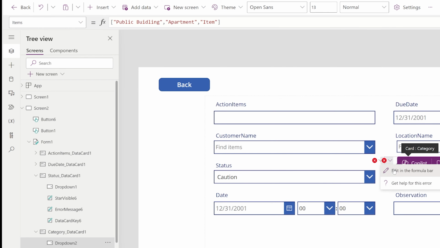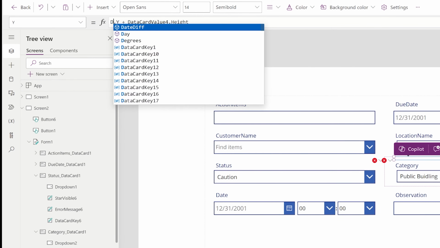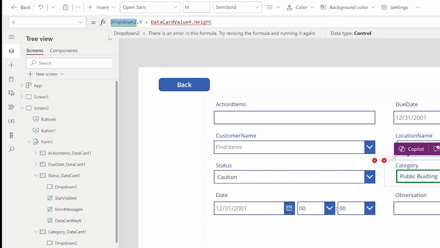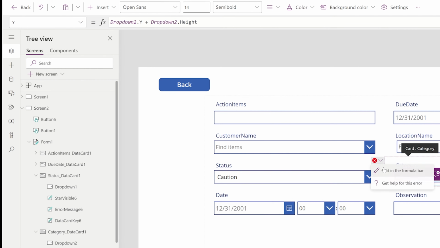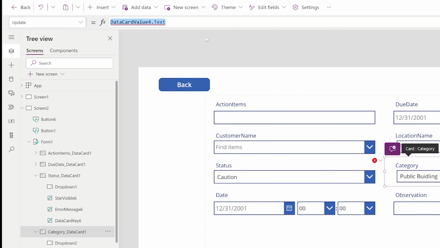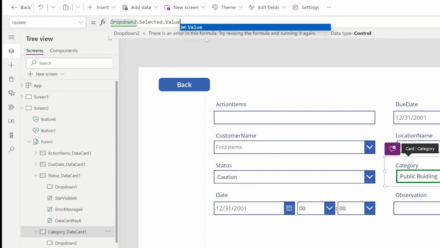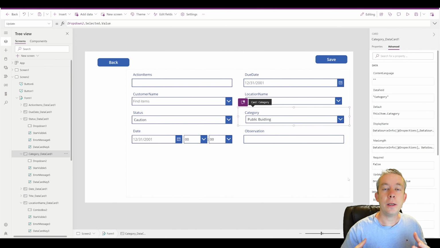So now in the red X's, we're just going to fix these again. Drop down 2. Here again, drop down 2. This red X, the update property is going to be dropdown.selected.value. Now, if you notice, I made all of my fields in SharePoint single line text, but in Power Apps,